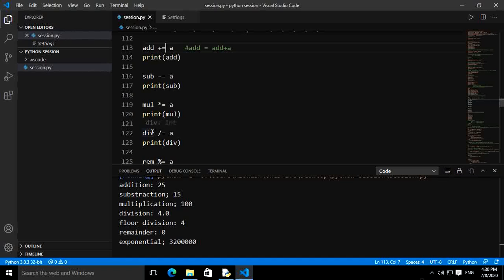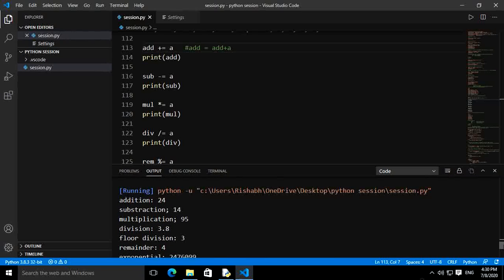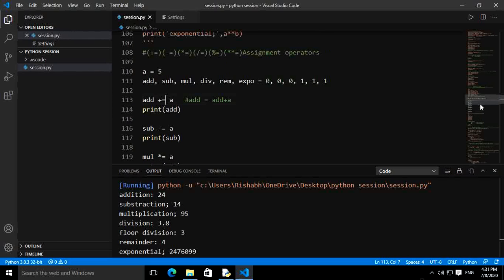This will be equal to div upon a. So let me run this code first. As you can see, we have given the command to print add, and add is add plus a, and add is 0 and a is 5. So 0 plus 5 will be